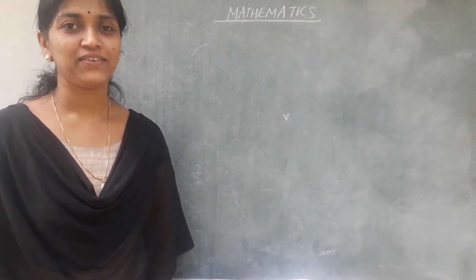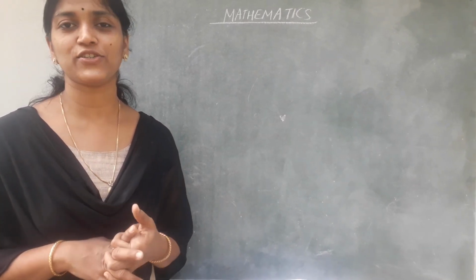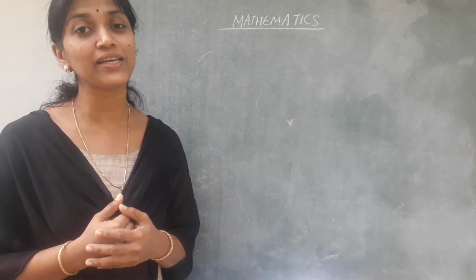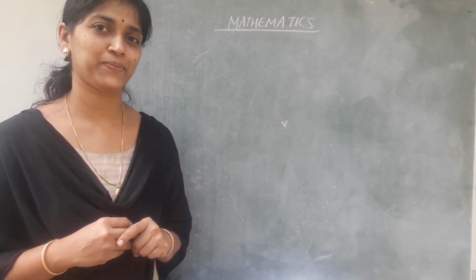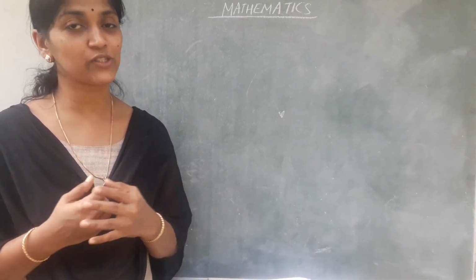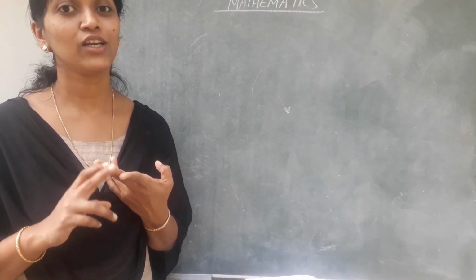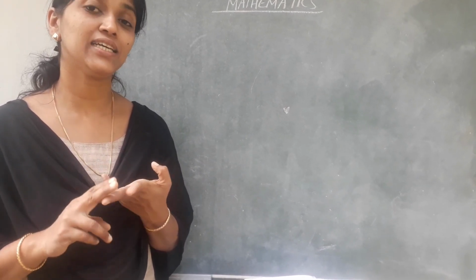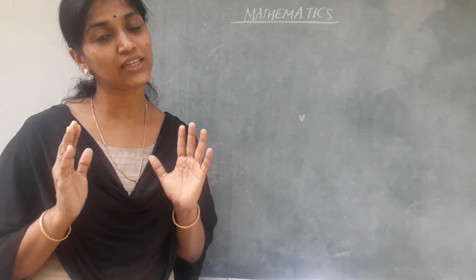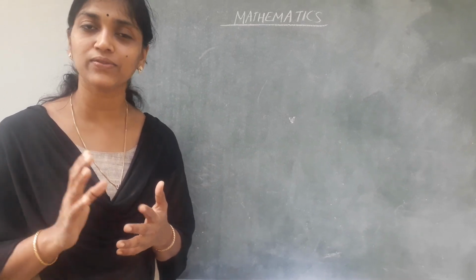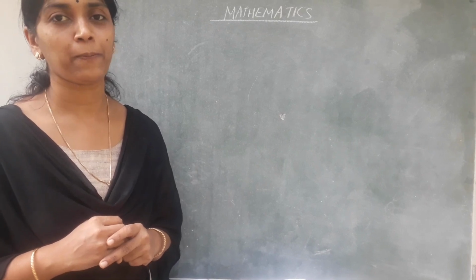We have completed 4 chapters, and today in this session we are just going to revise what we have studied. That is, we are going to prepare for the pre-midterm exam. So you know the portions for the pre-midterm exam. We have 4 chapters: polynomials, coordinate geometry, linear equations in 2 variables, and Heron's formula. For Heron's formula, you have only the first section to study, that is areas of triangle. You don't have the application of Heron's formula.